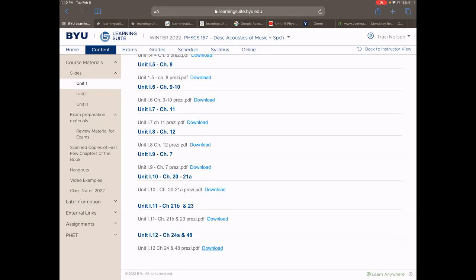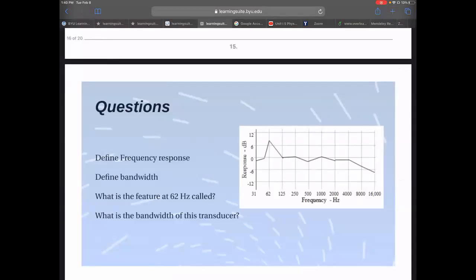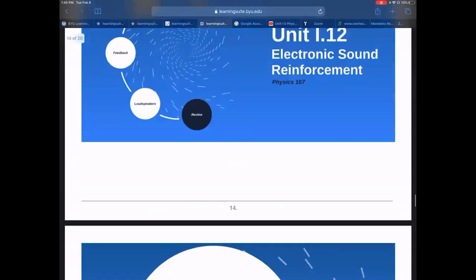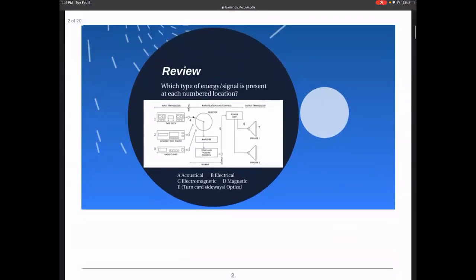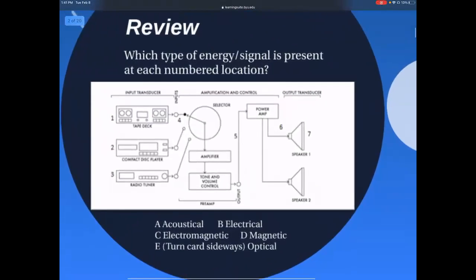So, one of these where we first talked about transducers, that diagram is in there and has all of the things actually labeled. I'll tell you here, but you can find it actually written down. And so, point one, the input to the tape deck is magnetic, so magnetic information encoded on the tapes. The input to the CD compact disc player is optical because there's a little laser there. So eye-based, that is